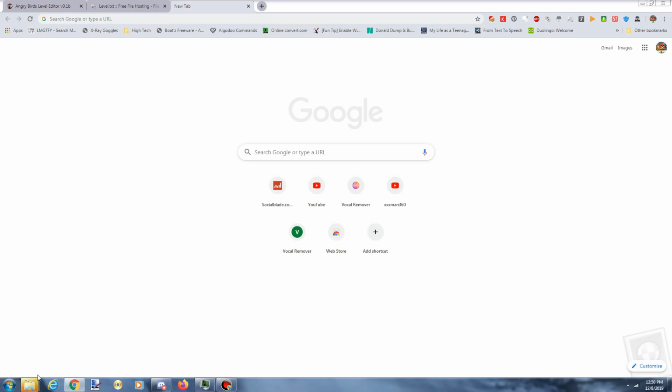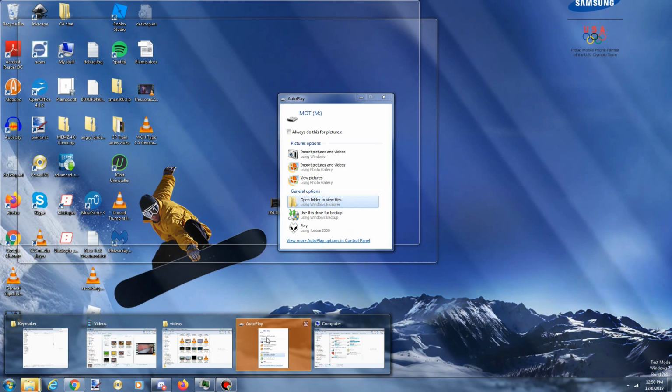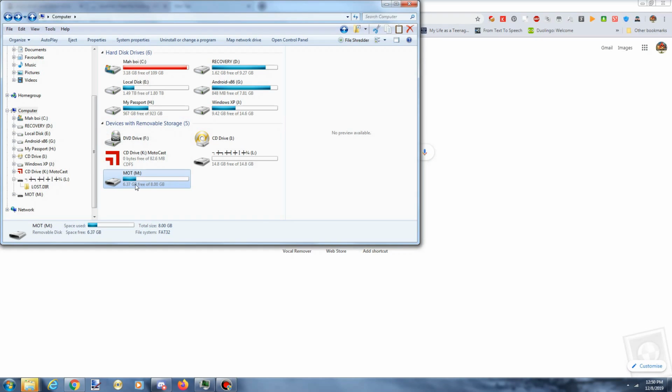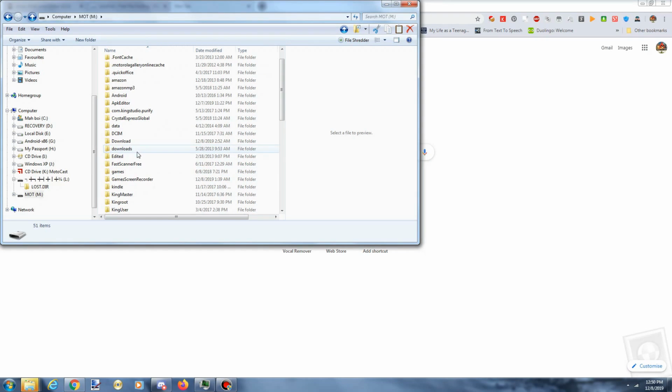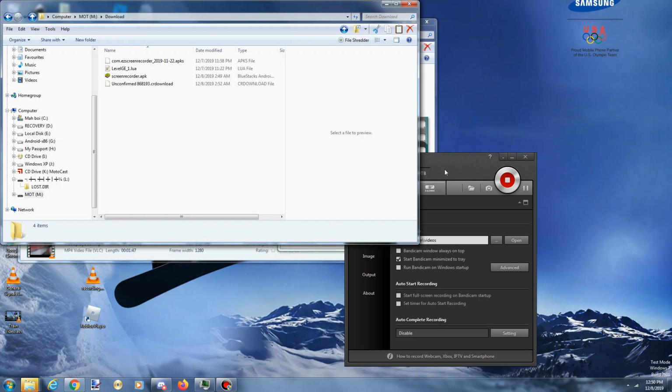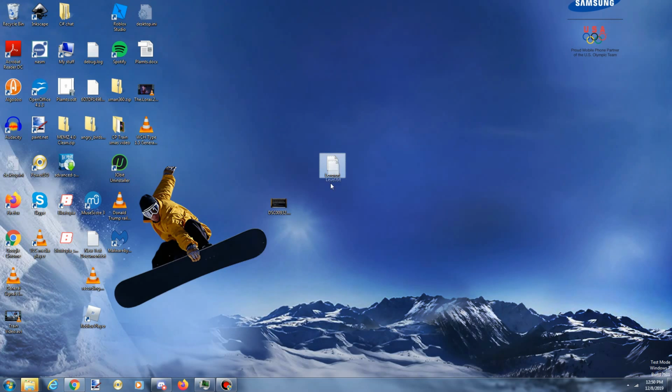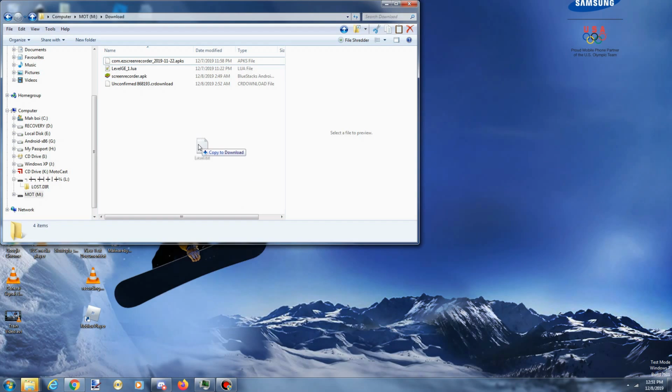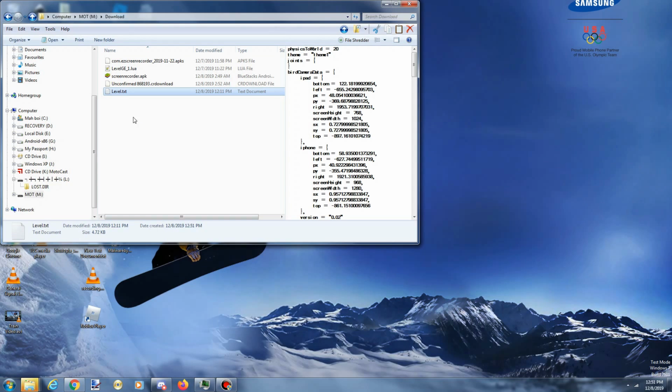If you want to do it the other way, by hooking up a USB and micro USB adapter, simply plug it into your computer, open up the device's storage, go to some place where you'll remember, such as downloads, then just take the file of your level and drag it right into it. And then you can just open it up on your device later.